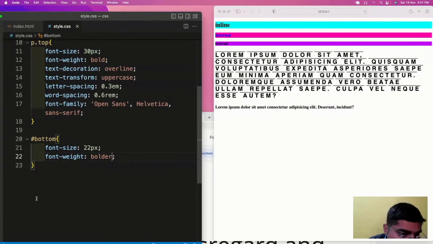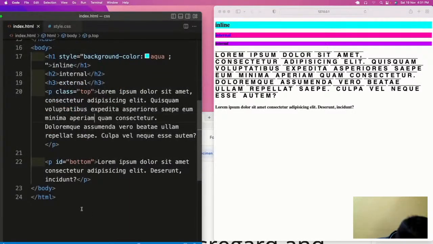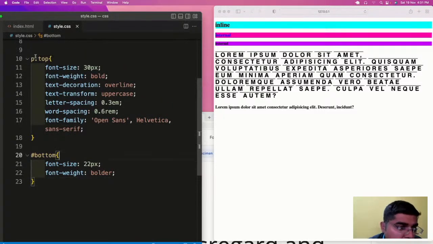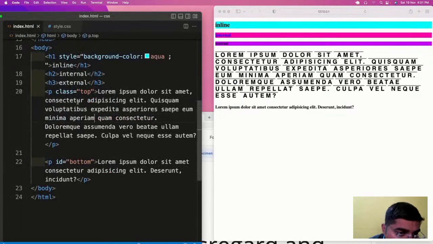So this particular set of styles will apply to the paragraph which has the id bottom, and the other one will get applied to the class which has the class name top.